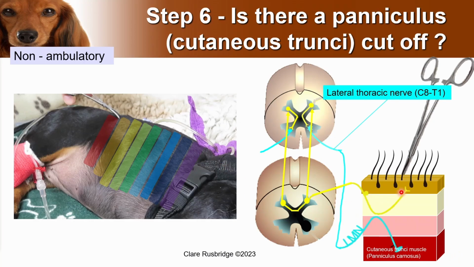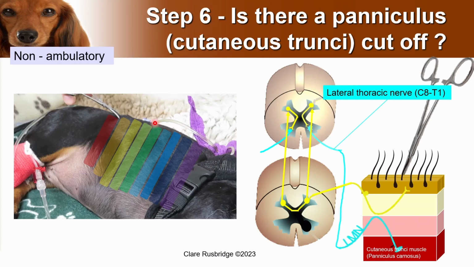Because each dermatome is very much associated with each segment of spinal cord, this means that when you get the cutoff in that twitch can tell you the level of the spinal cord injury. So it's really very handy in that respect. So if I get no twitch, no twitch, no twitch, no twitch, and then suddenly there is a twitch,